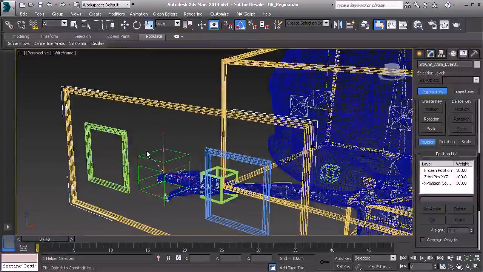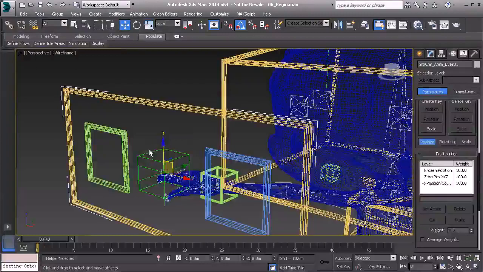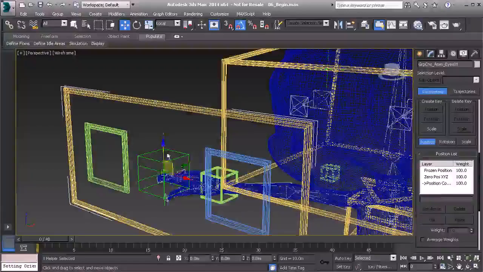There it is. Alright, beautiful. There should be no need for keep initial offset because the control object is already oriented to the world. It's the same orientation as a helper by default. So we are good to go. Let's now set up constraints,